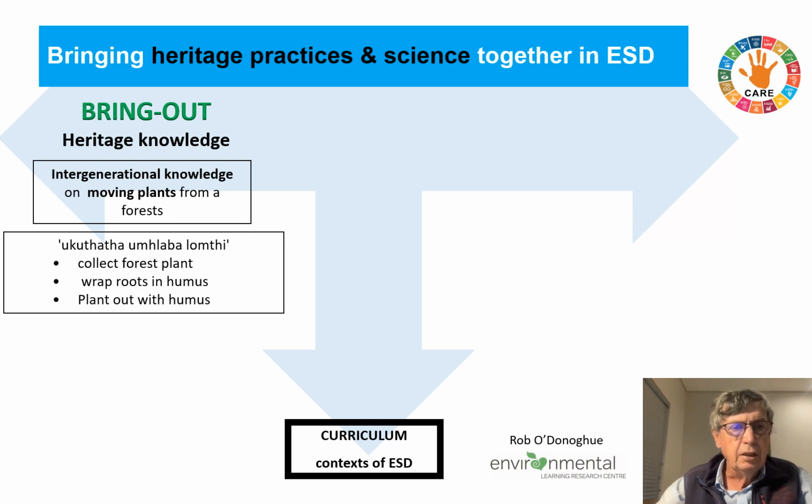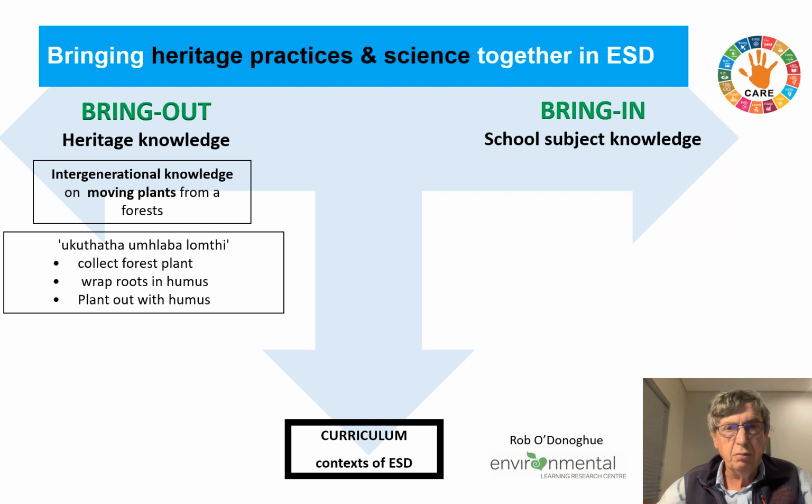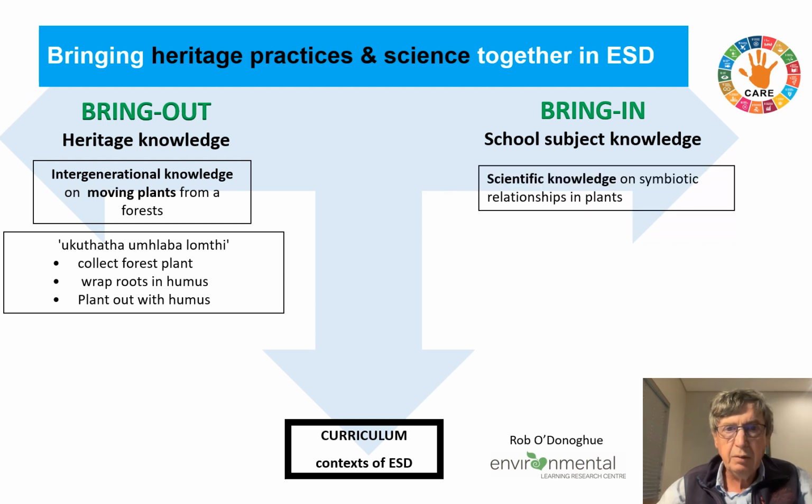And what he talked about was ukutata umhlaba lonti, and described it as collecting the forest plants, wrapping the roots in humus, and then planting out with the humus. Now, this was fascinating because when we went to the scientific knowledge in the school subjects, we talked about